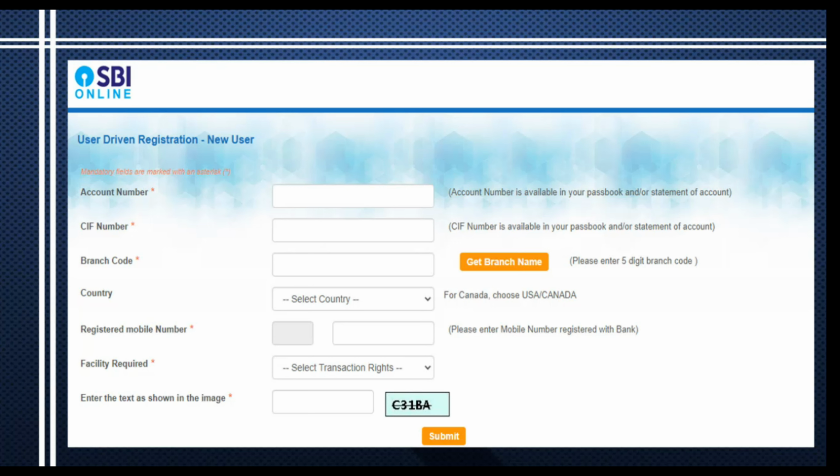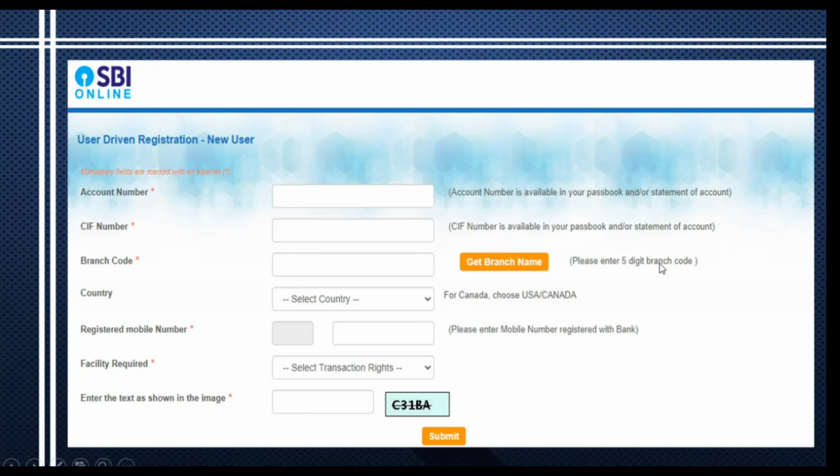In case you do not have the branch code, then you can click this link. It will show you the state to which you belong, and after selecting the state, you can select the city. And when you select your city, it will give all the branch names situated in that particular city.